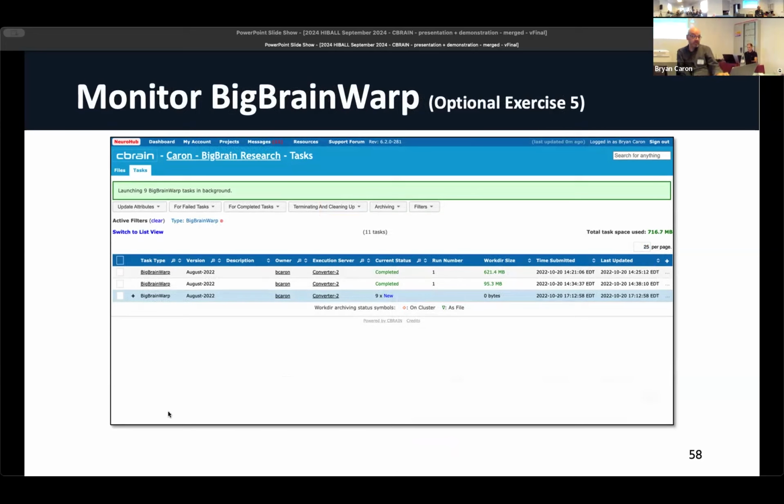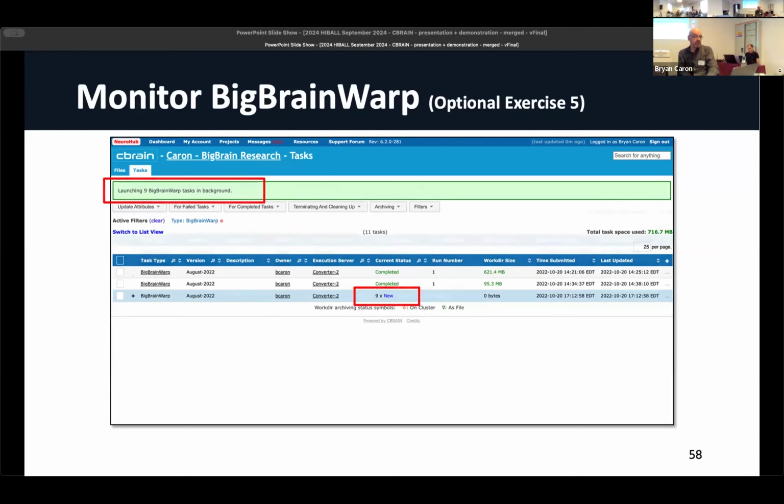You're going to notice that you'll have, of course, your completed task that you ran before on the 1 input main file that you selected. But you're not just going to see a singular new task. You're going to see the name of the task, and there's a plus beside it, because this is a collection of tasks that you've launched. And you'll see on the current status, it'll say 9 times new, because there's 9 individual processing tasks that you've launched through 1 set of steps that you ran as if you were doing it for a single file, but you're running it for those 9 inputs, okay?